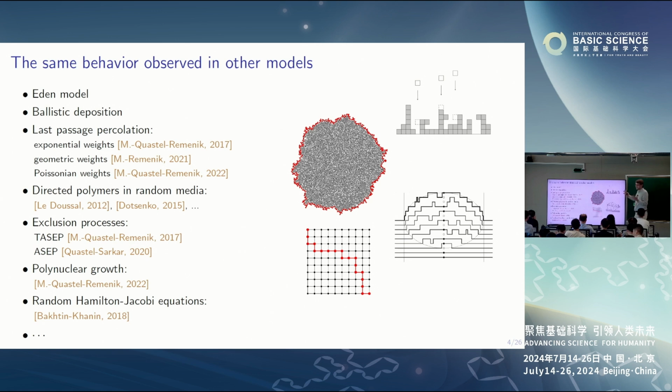So there are many models which can describe random growing interfaces, and only for few of them has the 1-2-3 scaling limit been proved. For several models, it has been proved for very special initial conditions. But for many models, for example the Eden model and the ballistic deposition model, probably the most famous models, literally nothing is known. What we have are only simulations which support this conjecture.